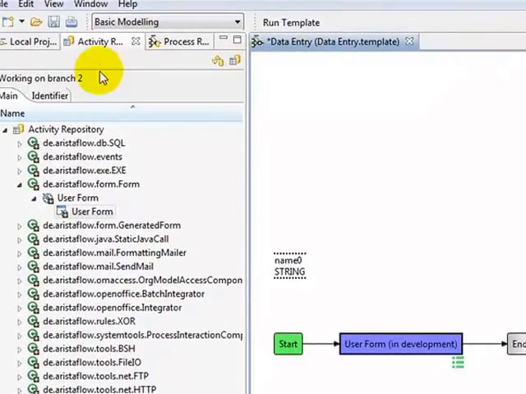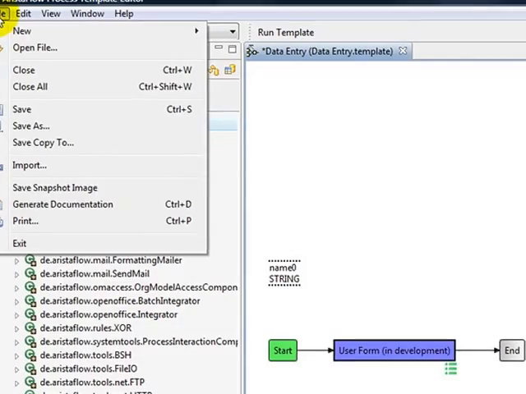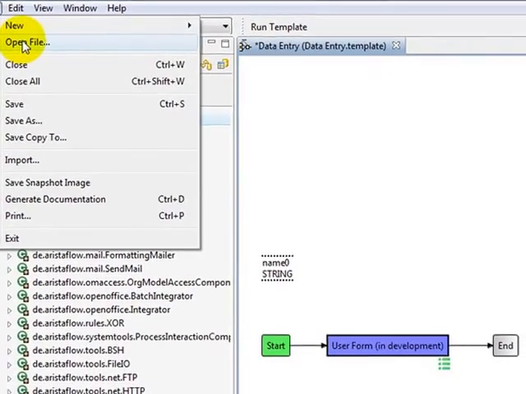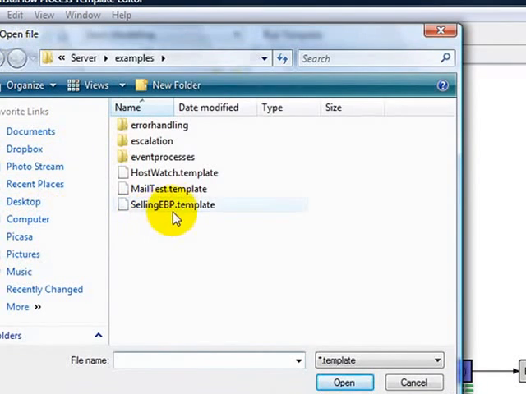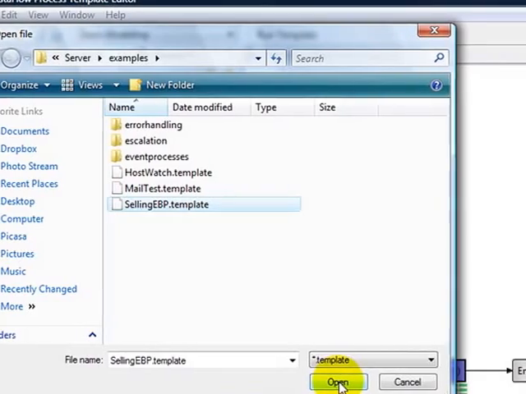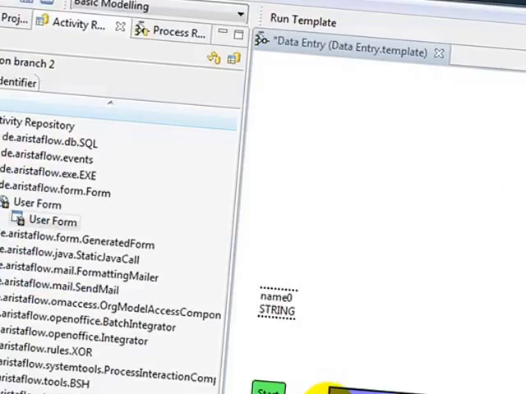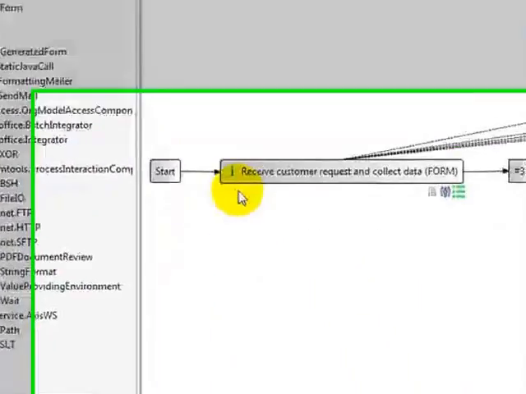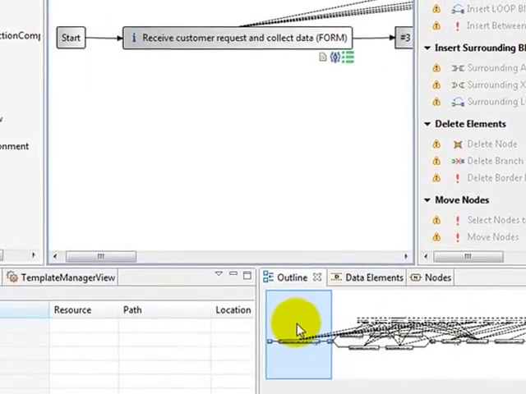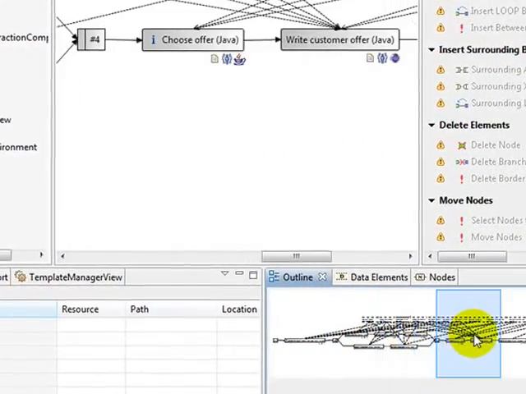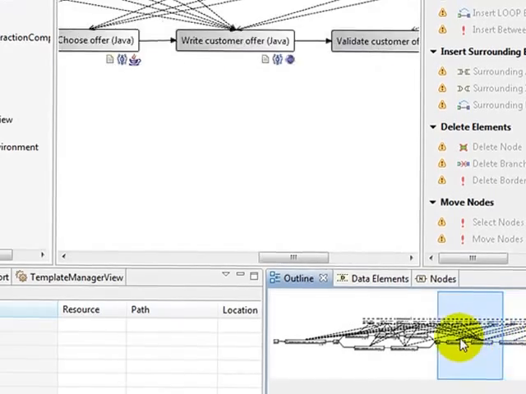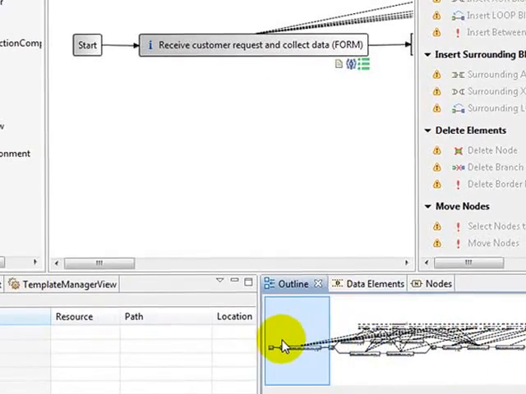Now, let me do this. Let me go, and instead of going from scratch, let me go in and open an example in the server file, which is buying and selling something on Amazon. Okay, so I'm going to open that up, and you're going to see a much more complex activity here. I'm scrolling through the outline, and